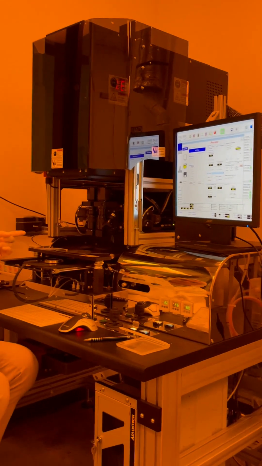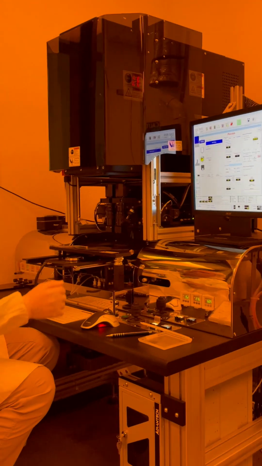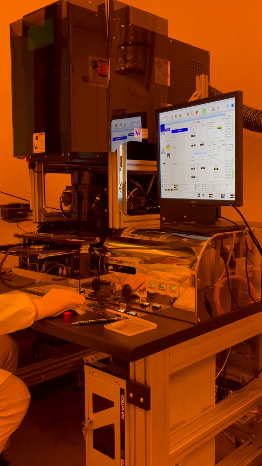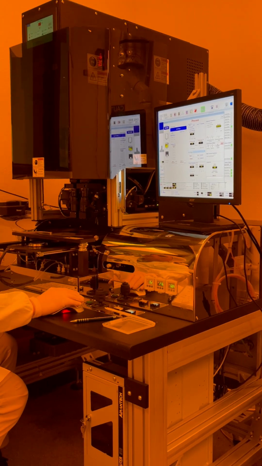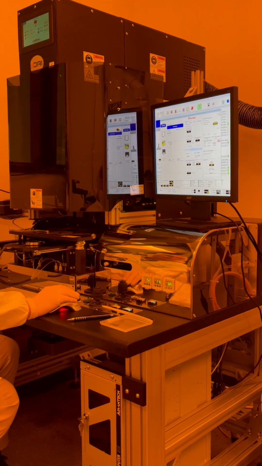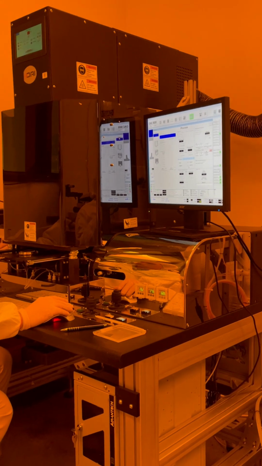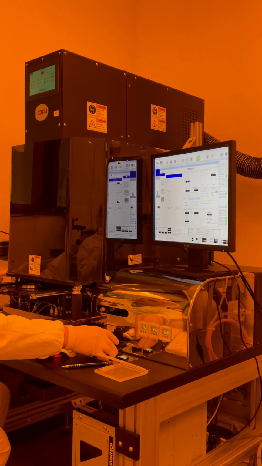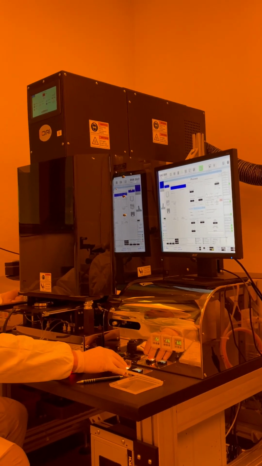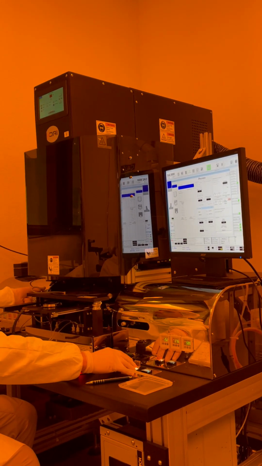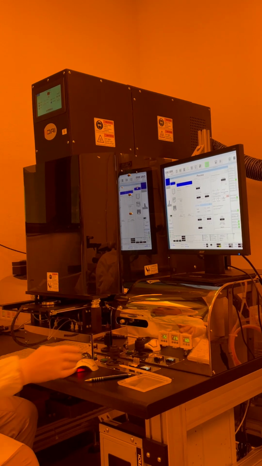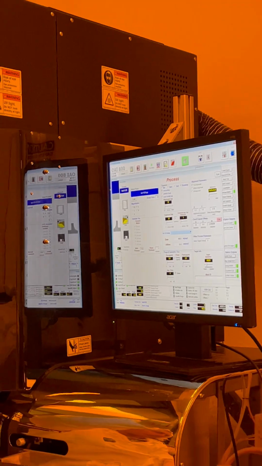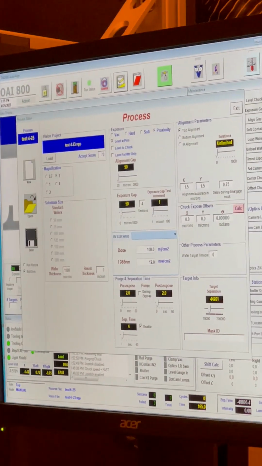So one thing you could do on this, here, I'll cut this out. Let's stuff this in there. Okay. One thing you could do is in this manual screen, we could bring the wafer up to the